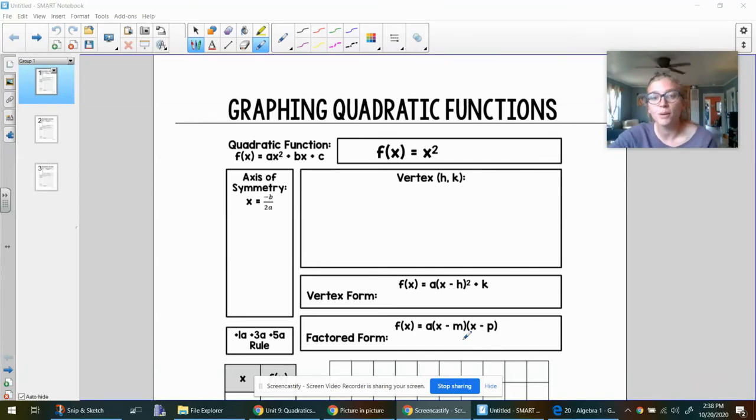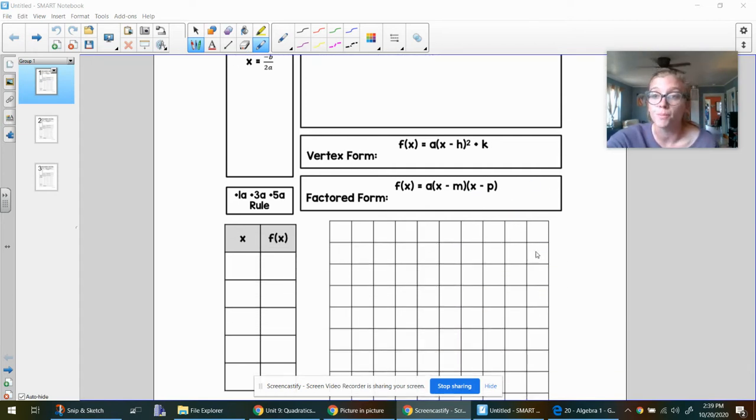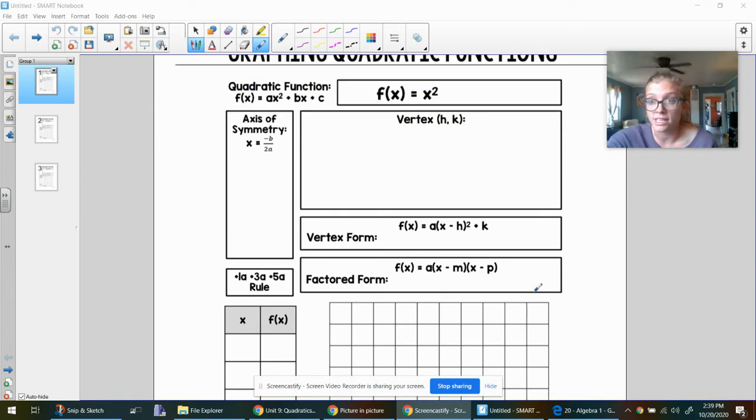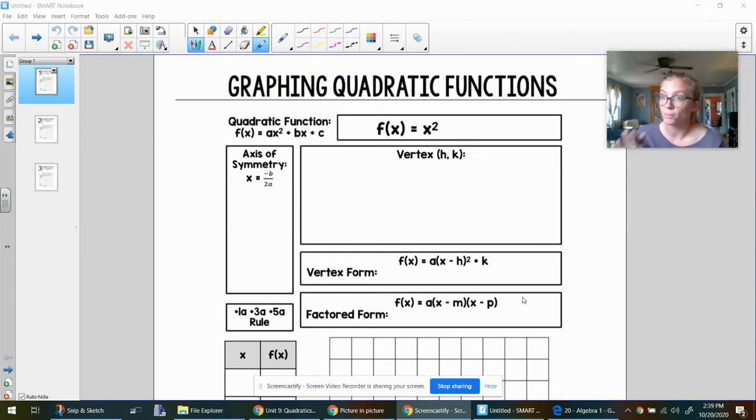Hi everybody, today we are going to continue talking about quadratic functions and introducing quadratic functions. We are going to work on graphing quadratic functions now, so taking that equation in standard form, figuring out how to put it in vertex form, put it in factored form, how to graph it, how to find the vertex, all of that good stuff. So there's a lot of things on these notes, and so don't panic, we're going to go through them all together. So we are going to start